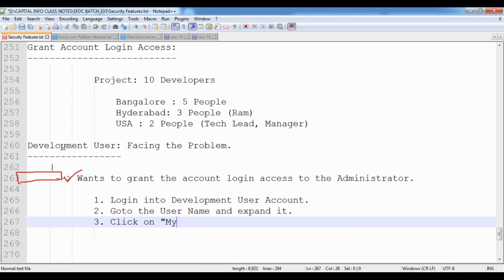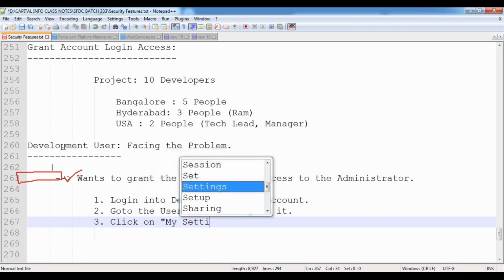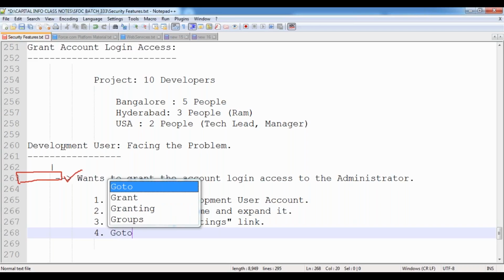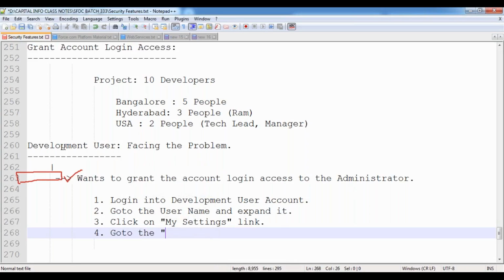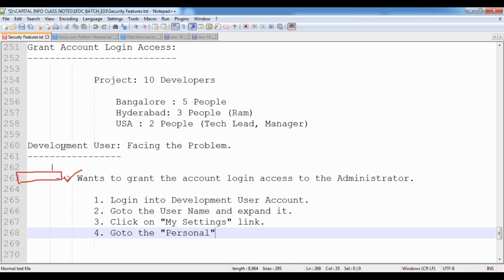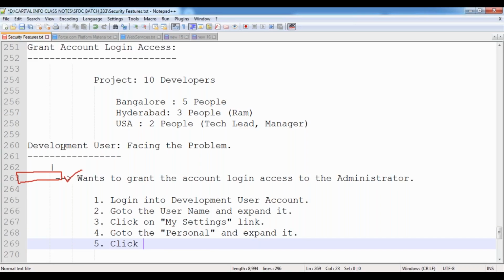Click on My Settings. Go to Personal and expand it. Click on Grant Account Login Access.